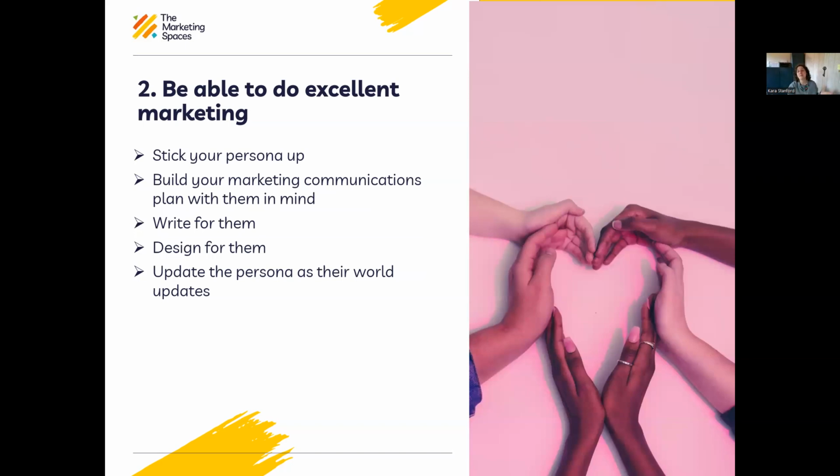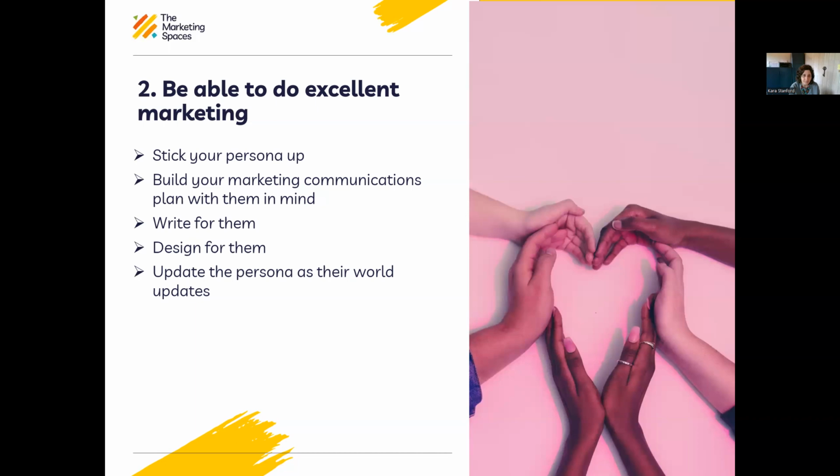Now, I've not been able to verify if it's true, but when I learned about marketing, we were told that Mattel, who makes Barbies, had a replica bedroom of a real 7-year-old girl in their office, and they would update it and change it as the trends and fashions moved on. So they really understood what those little girls wanted. And now one would hope that they've made that a room for boys as well. But it's that idea that actually you really get to know who this person is because you're living with them every day.